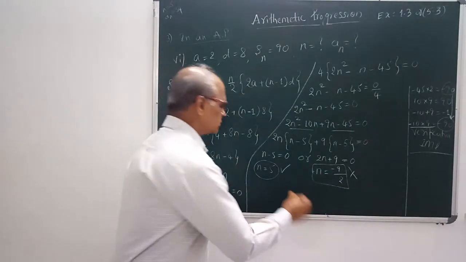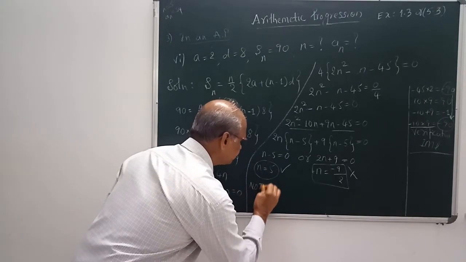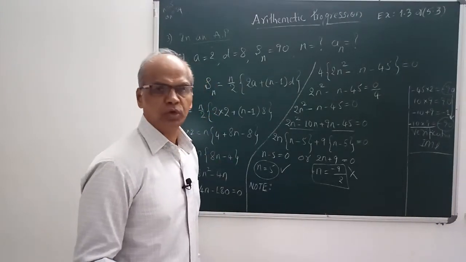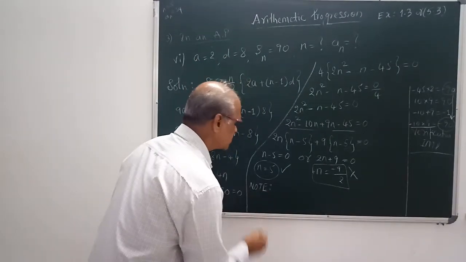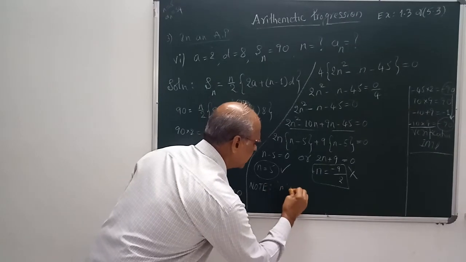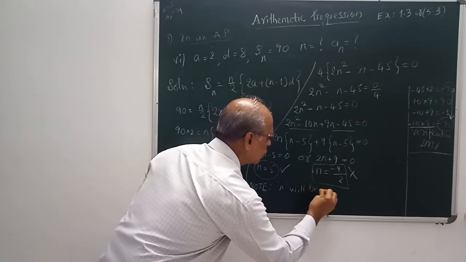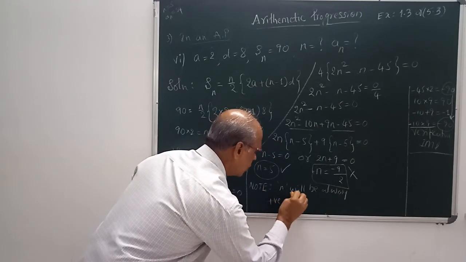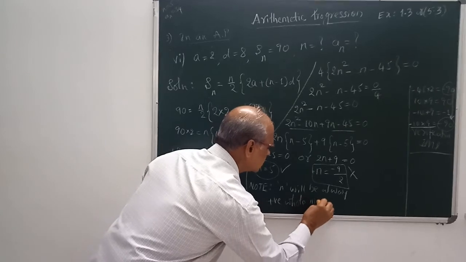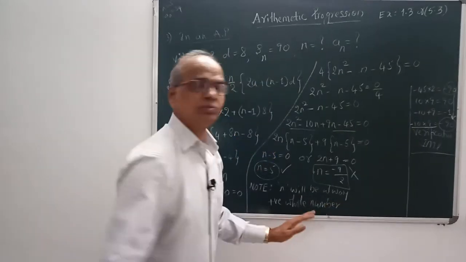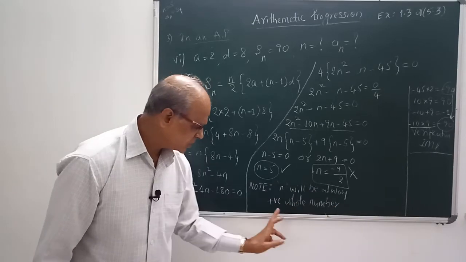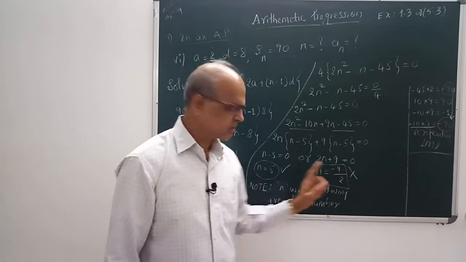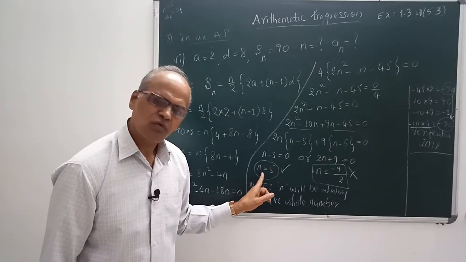Make a note over here. Note, N-O-T-E. You note it in your notebook, and even in your computer also, that is mine I am referring to. What is it? n will always be a positive whole number. This is very important. n will always be a positive whole number, it will never be a fraction. We got a fraction here, so don't consider this. But you consider n is equal to 5.